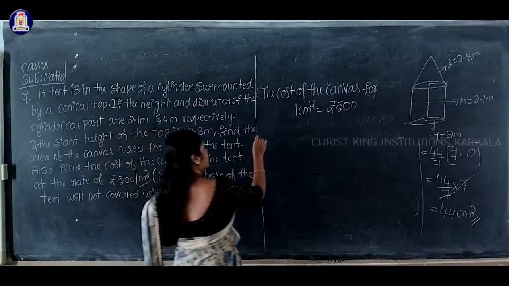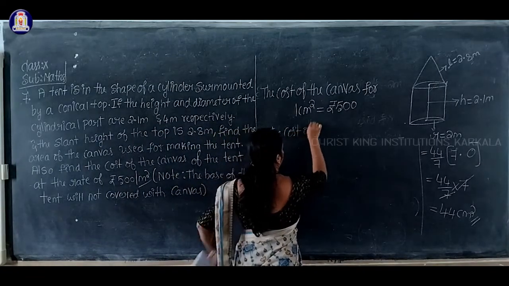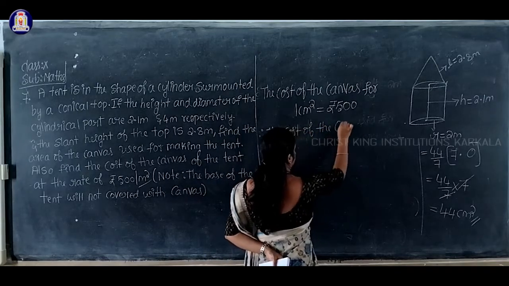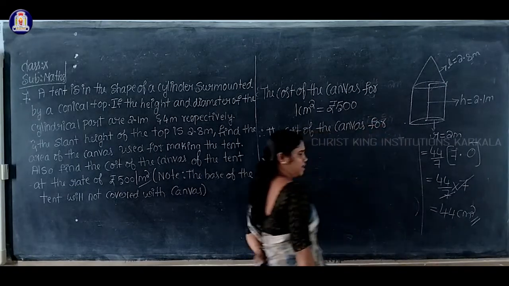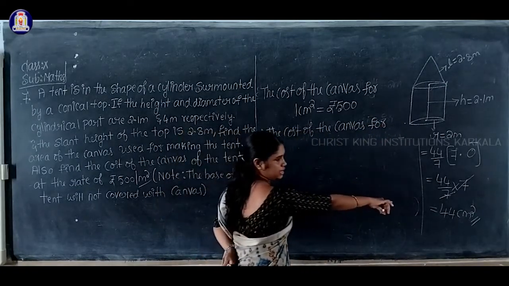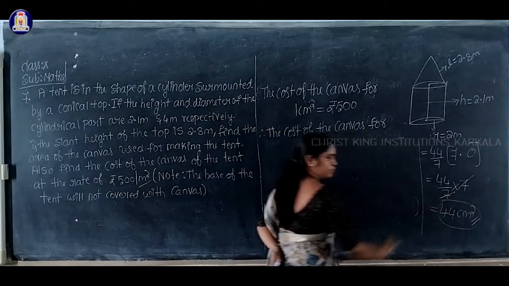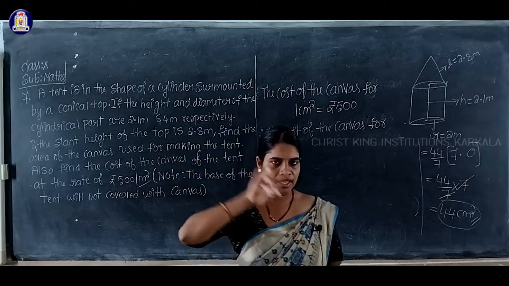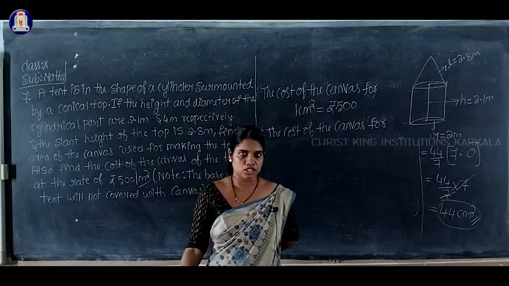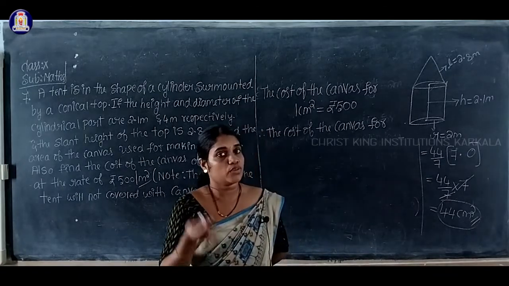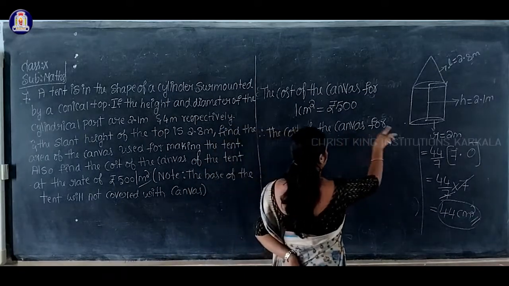So therefore the cost of the canvas for what is the answer here? 44 centimeter I will get, isn't it? What is the total length of the canvas here? Total area of the canvas is about 44 centimeter square, isn't it? So what about the cost for 44 centimeter square of canvas? Okay, so therefore the cost of the canvas for